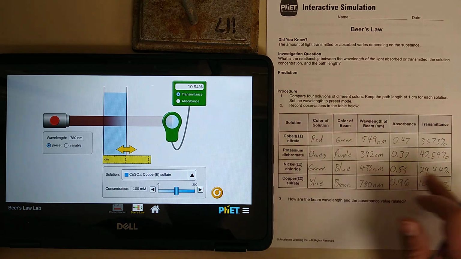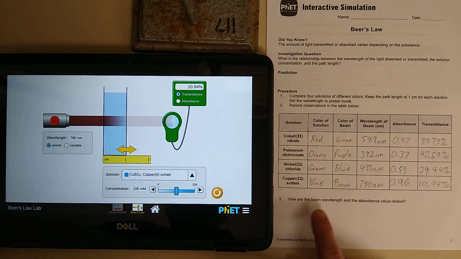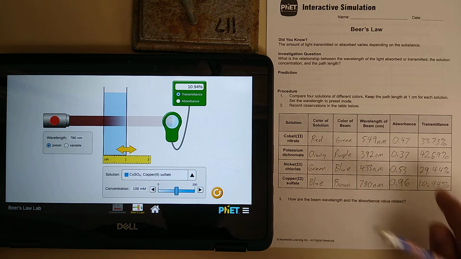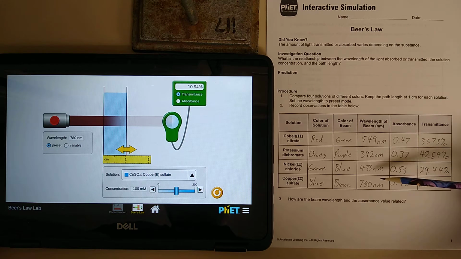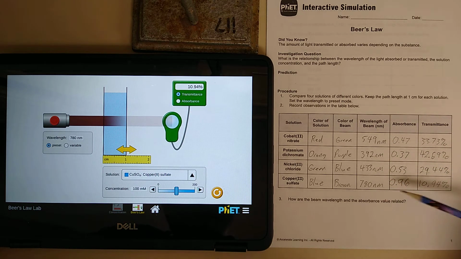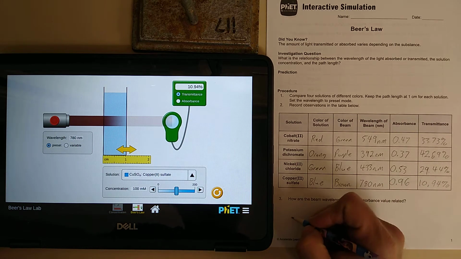Okay, so we have this chart filled out. Now it's asking, how are the beam wavelength and the absorbance value related? Looking at these two, I have a low number here and a low number here, and a high number here and a high number here. I notice that it follows that pattern. As it comes down in wavelength, the numbers pretty much adjust with the absorbance value. So I think the longer the wavelength